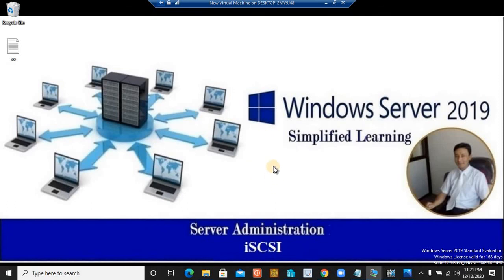I believe this is going to help you in order to create some sort of storage in your network environment. If you find this fruitful and it helps you a lot to configure your iSCSI in your network environment,